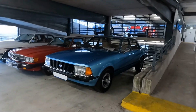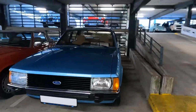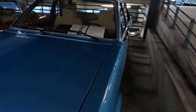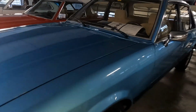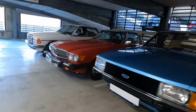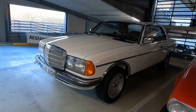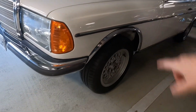There is a beautiful Ford Granada. Love the color. Probably a 2.3. Can't tell you. I don't know. Let's see what it is. It's a 2.8, the V6. Then we have a R107 US spec and a 123 coupe. Don't like these chromed wheel arches. Anyway,